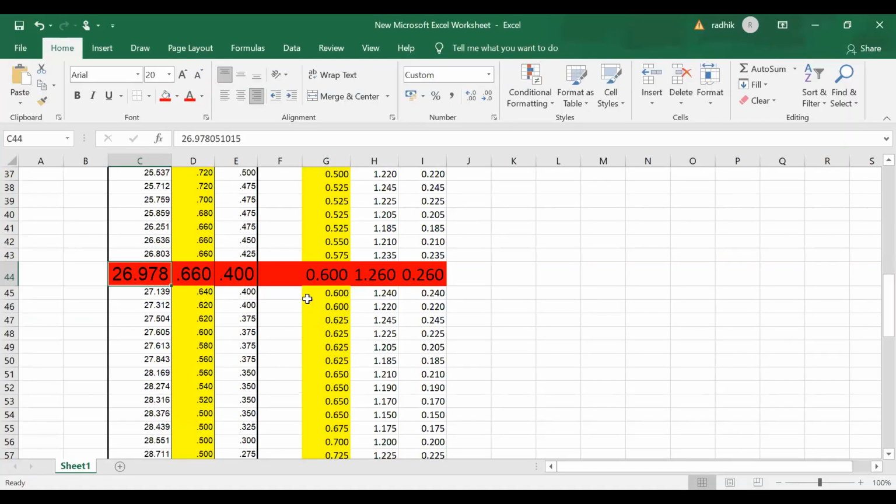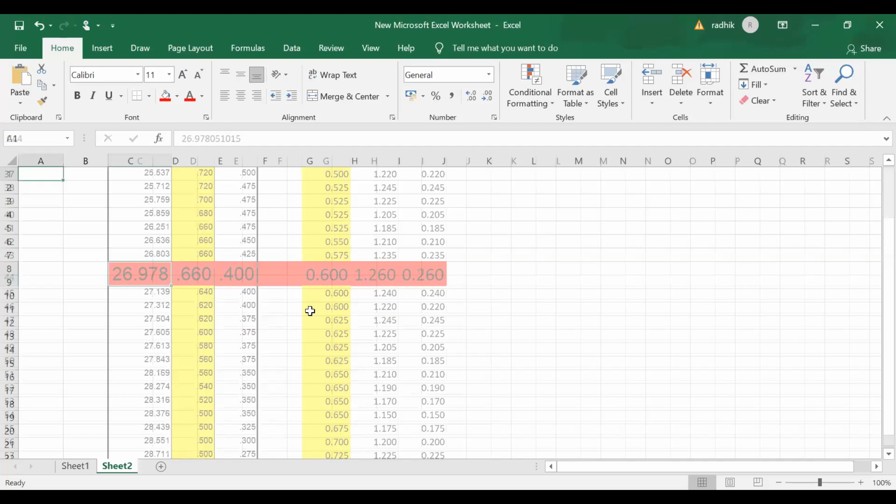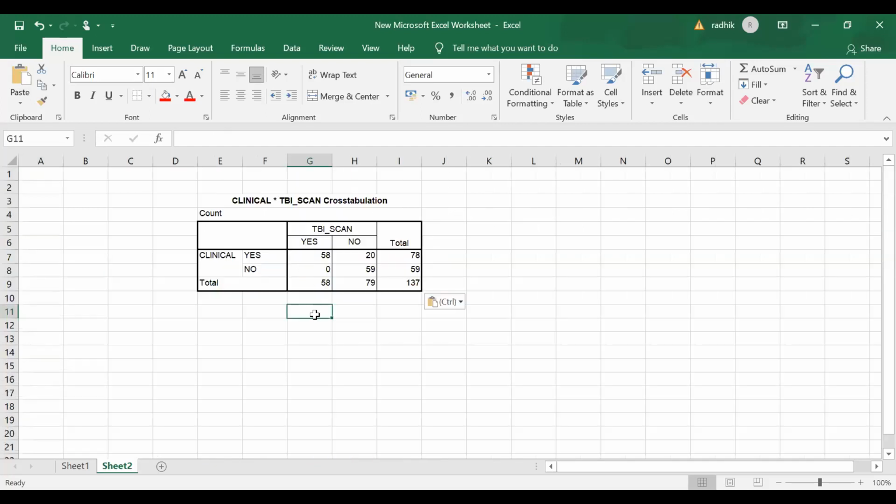Sensitivity will be A by A plus B, that is the equation. So 58 is A, 58 by 58, that's 100% will be the sensitivity.